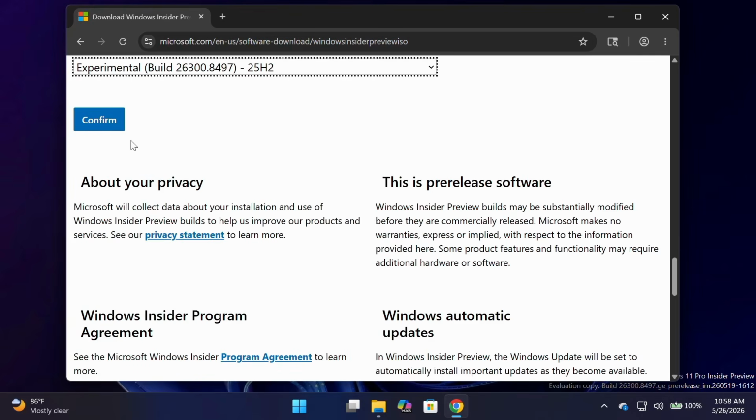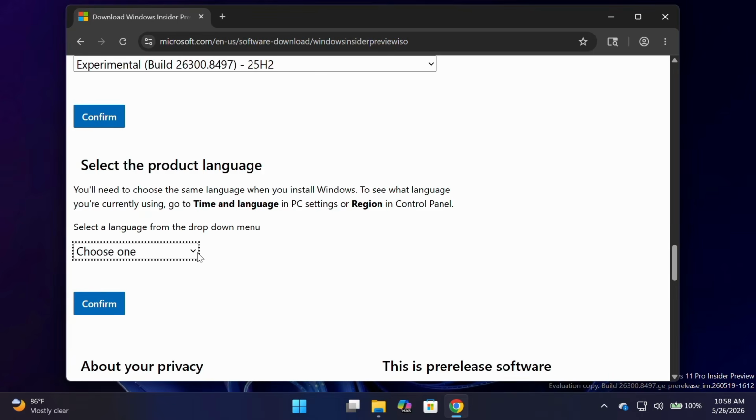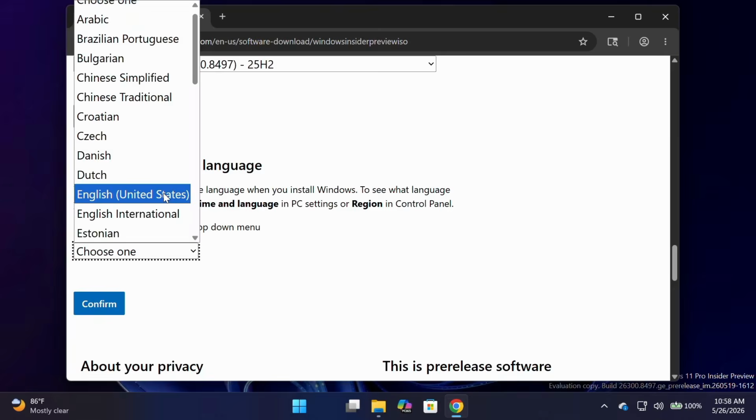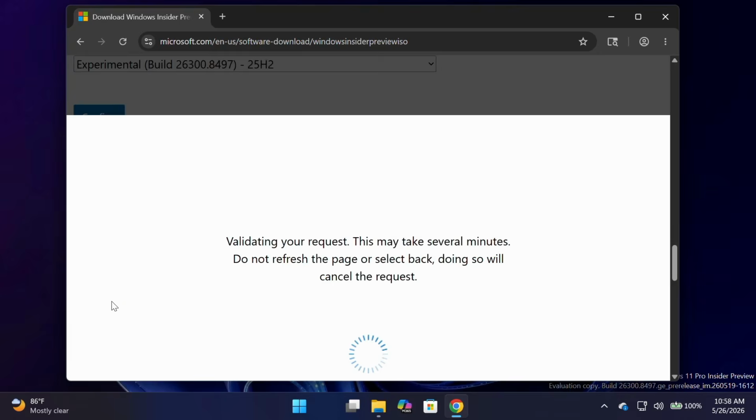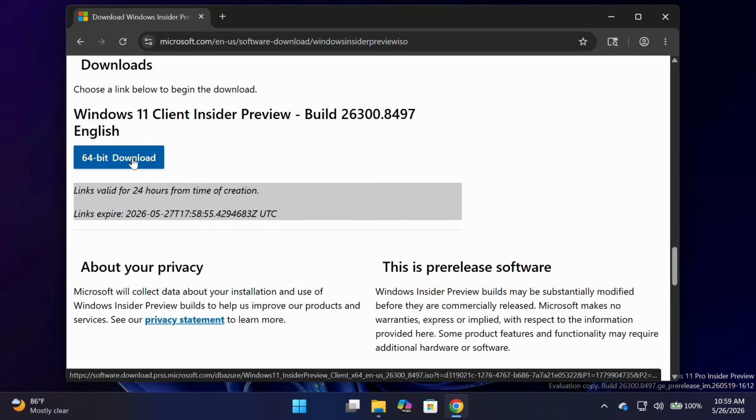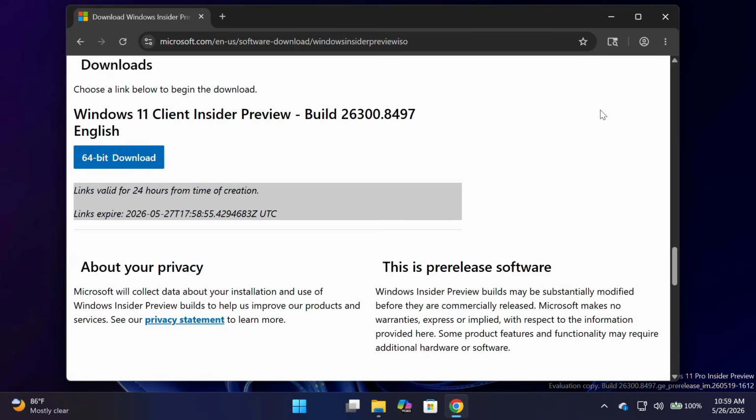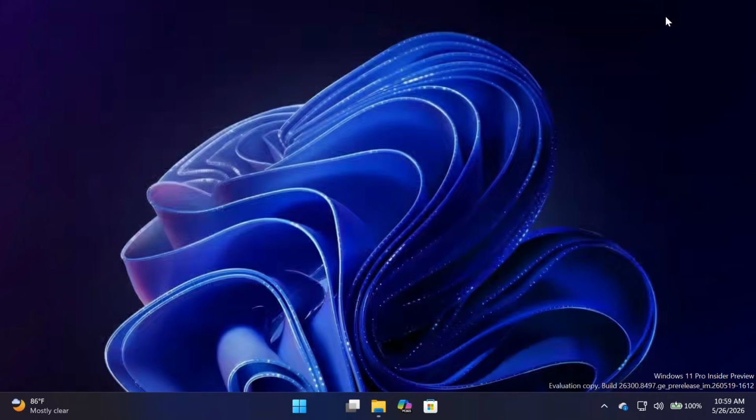Just select it, click on confirm, and then choose your language, then click on confirm. Here you got the download link. Just click in here and download will be started. And after download is completed, you can create a bootable USB pen drive and install on your computer,